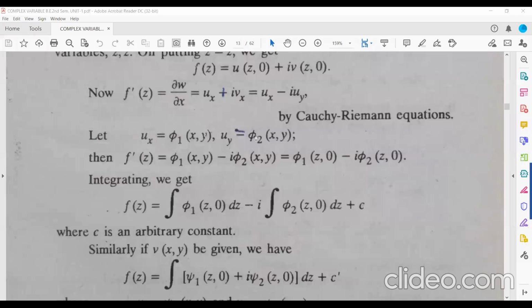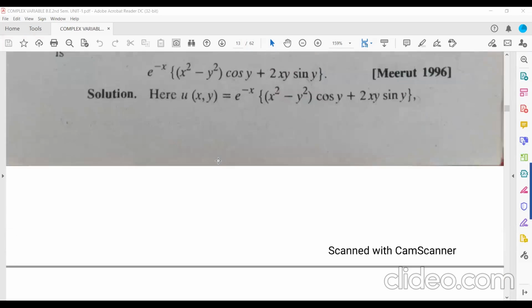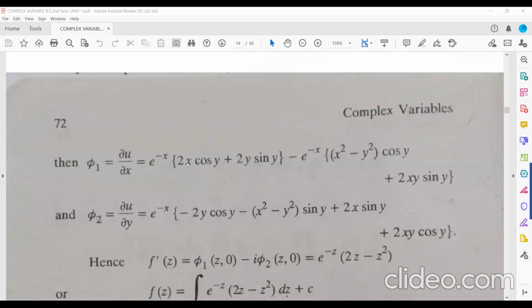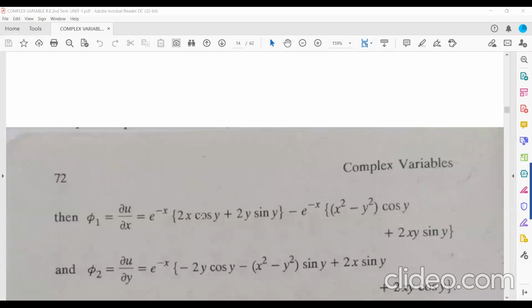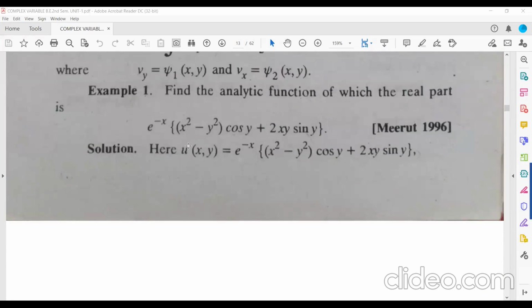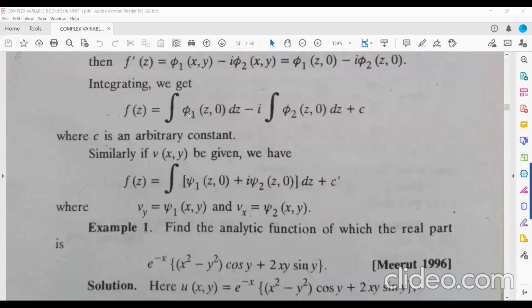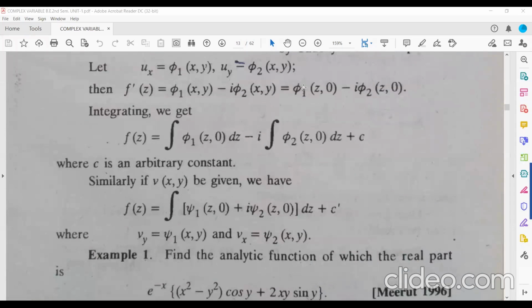Then you find phi 1 and phi 2. Here I have already calculated phi 1 and phi 2. Then f dash z equals phi 1 of z, 0